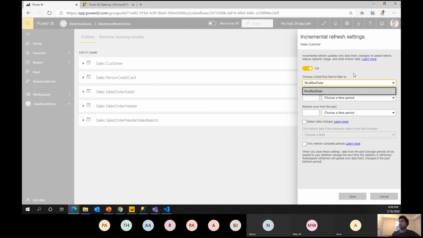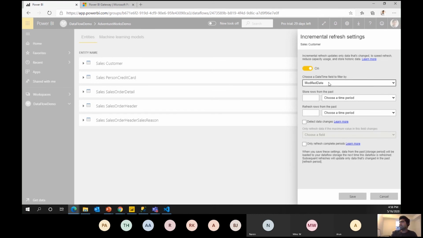Okay, so modified date. You need to understand that when you are going for incremental refresh, the engine should understand based on what it will pick up the last modified, like from where it will take the latest record, right? So there should be some date time field which will tell the service about the last refresh and which is the latest one.